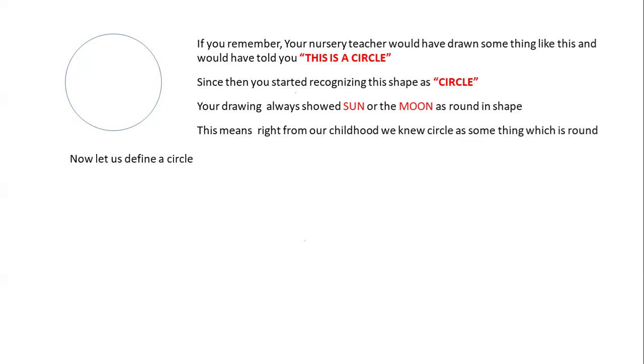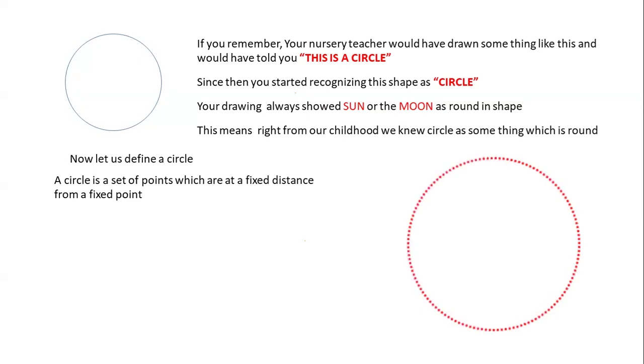Now let us define a circle. A circle is a set of points which are at a fixed distance from a fixed point. So they are a set of points. How does it look? It's like this. If you see here, these are all the points, and there is a set of points. They are following a certain rule, that is,